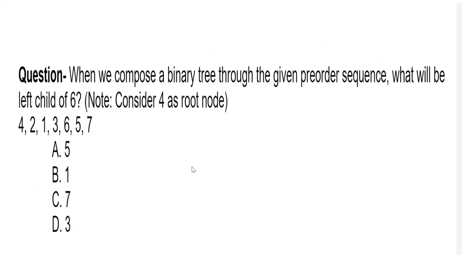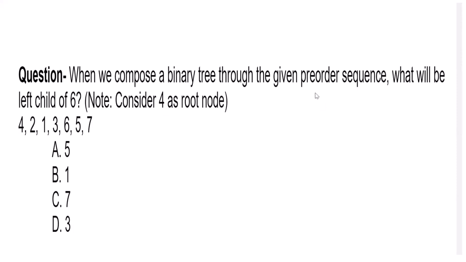Now, this is a very important question because there is a lot of chance that you will do it the wrong way. Because what will you do? You will miss the important word written here, and you will just read it. Okay, we have to construct a binary tree, and these are the nodes given. We should make a binary tree, and then we will tell what is the left child of 6. So what mistake will you make?